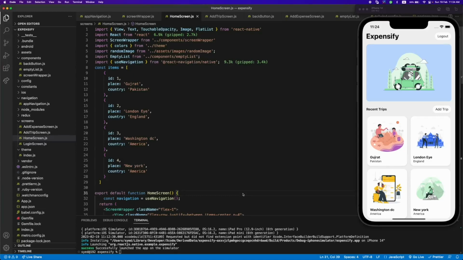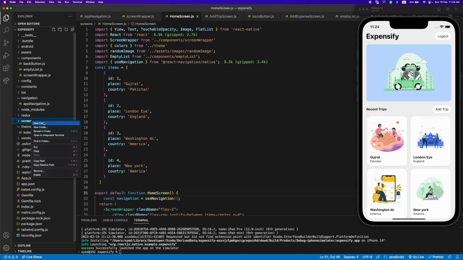Hey guys, welcome back. So in this video, we will be creating the trip expenses screen. As you can see, when you click on this card, user will be able to see the trip expenses. So let's create that file,